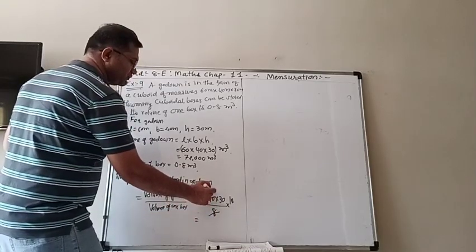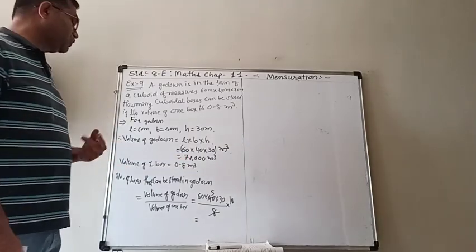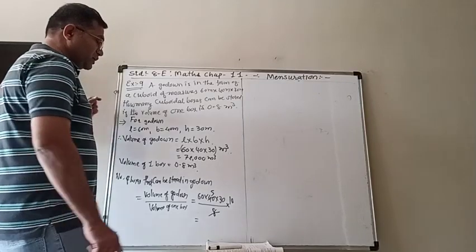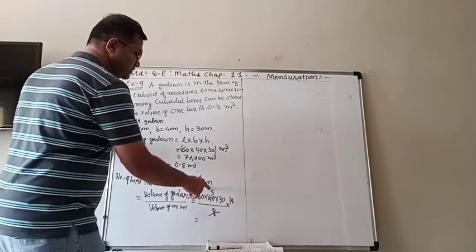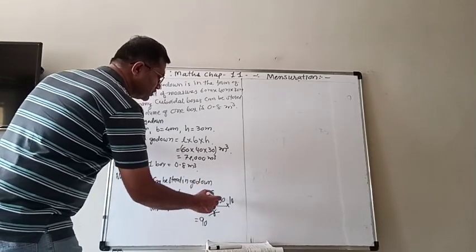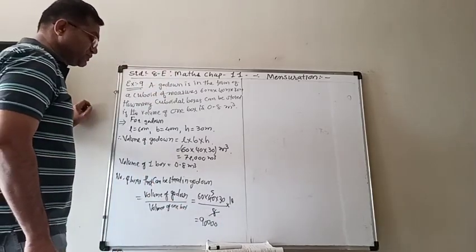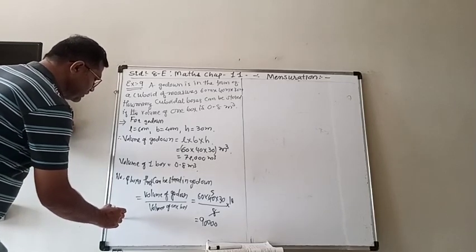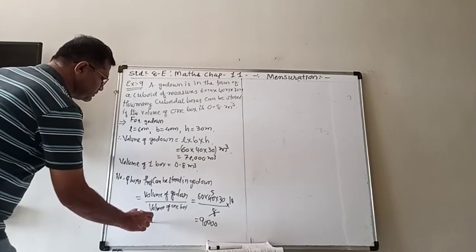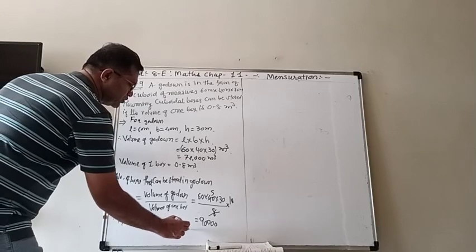8 5s are 40. But if we had multiplied first, we would have to divide it, and so it will take more time sometimes. So now 6 5s are 30, 3 3s are 9, so 90 and 1, 2, 3 zeros. So 90,000. Therefore, 90,000 boxes can be stored in godown.